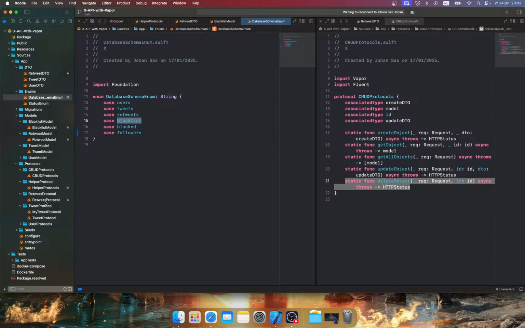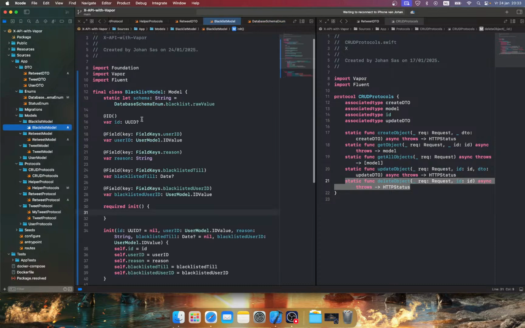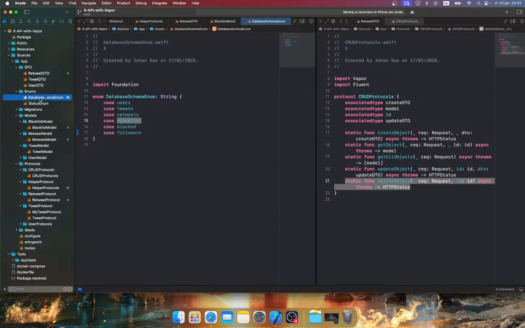In the next live stream. That's this one. After that, we're also going to create the blocked, and we're also going to create the follower system, and we're also going to add the functionality for that. And after that, we have to look into the algorithm, right? So we have to check. I think we need likes for that. So let's say case likes. We also need that one. And then we're going to talk about how we can design an algorithm that shows you a feed that you want to see, right? I think this is the easiest way to do that, using likes and the people you are